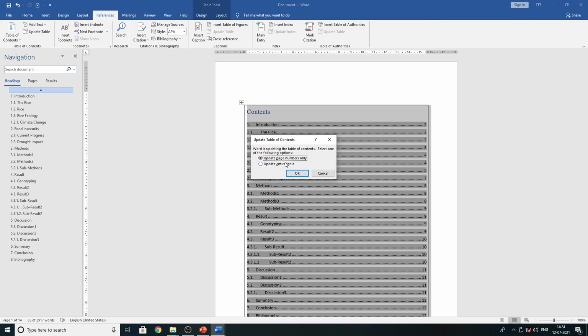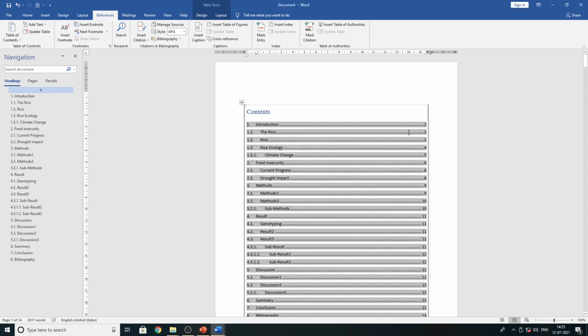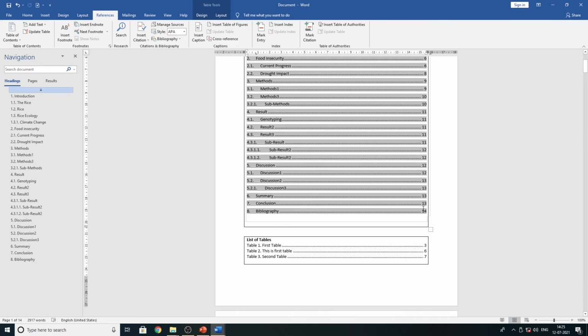One window will open: update page numbers only or update entire table. If you have inserted any text or content in that document, then hit update entire table, or if only page numbers changed, then hit update page numbers only. Now I am going to update entire table. See, all page numbers are updated automatically, right?